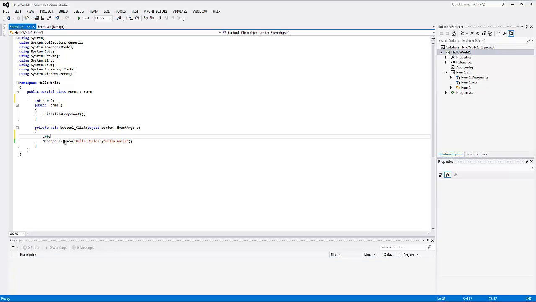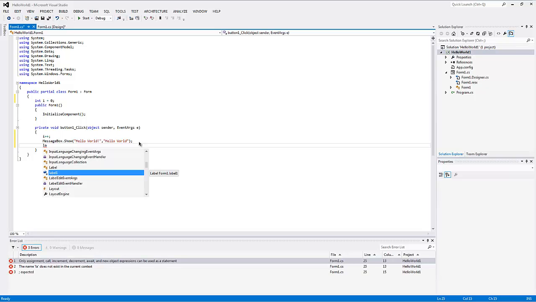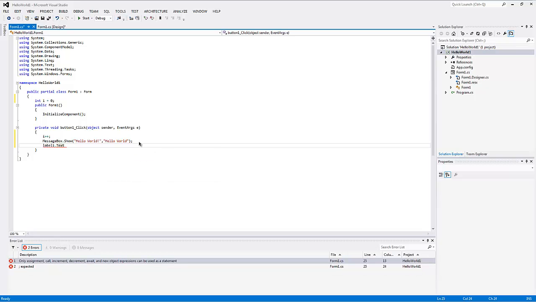And then next you will want to go to under the message box, so under this, press enter at the end to make it go under, and you want to type in label1.Text, label1.Text equals, then you want speech marks, this button has been pressed